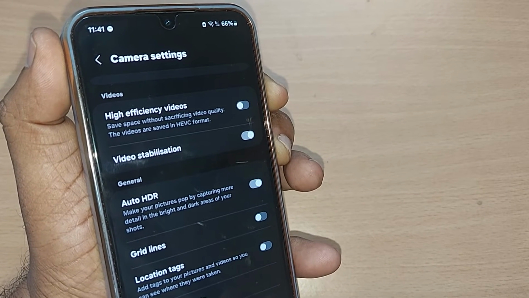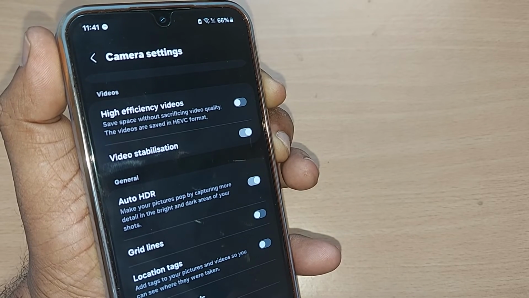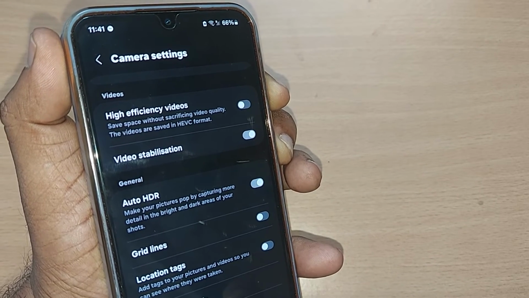I think it would be very helpful to you in making stable videos on your camera or on your